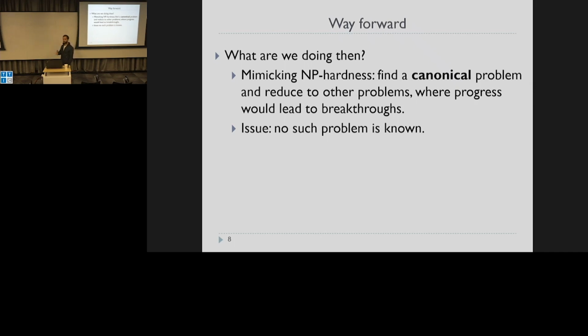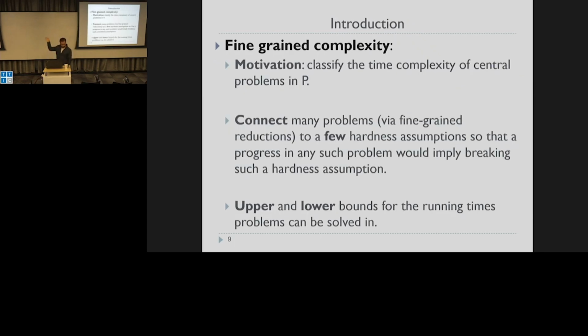One might think maybe you can mimic that for problems in P. You want to find maybe a canonical problem, and then reduce it to many other problems and have similar consequences. If you make progress in one, you would break a lot of barriers. And the issue is that no such problem is known,